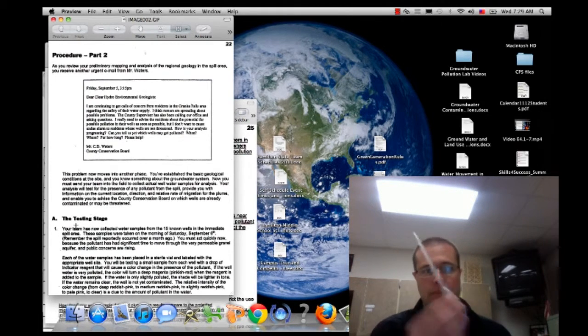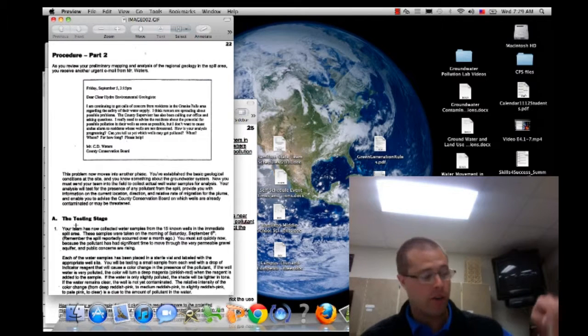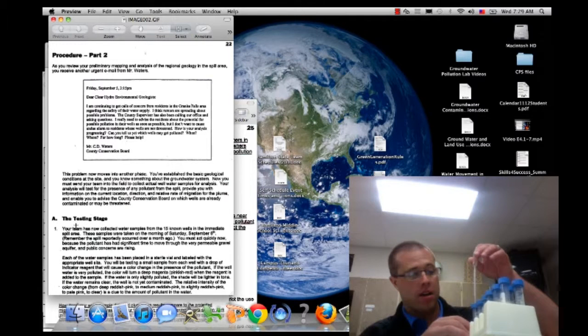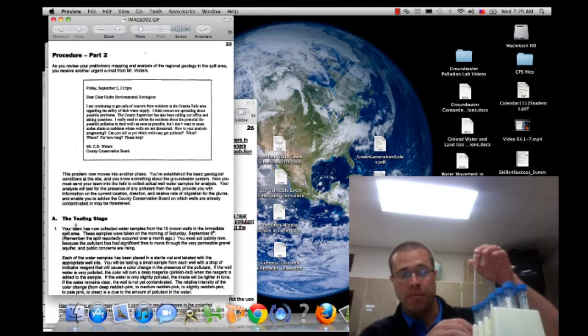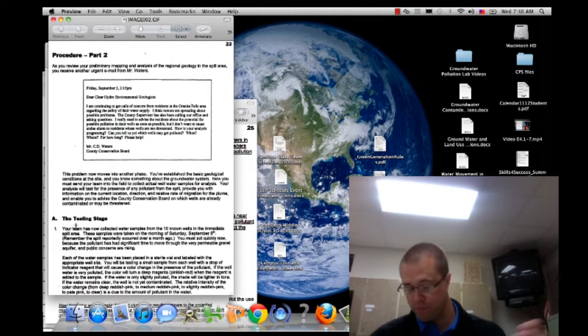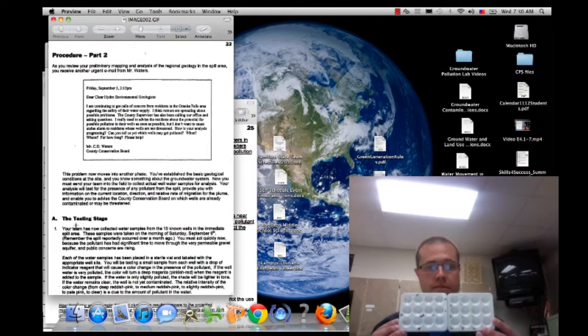I will have a pipette for each well. A pipette for each well. We cannot use one pipette in well 1 and then again in well 2. We'll be contaminating those wells and mixing the solutions. We can't do that. So I'll have all the caps off already, and there'll be a pipette in every single well. Only take one pipette out at a time to fill your sample, to fill your plate, because you'll be taking a pipette of the solution, say from well 1, and my wells will be set up like this,